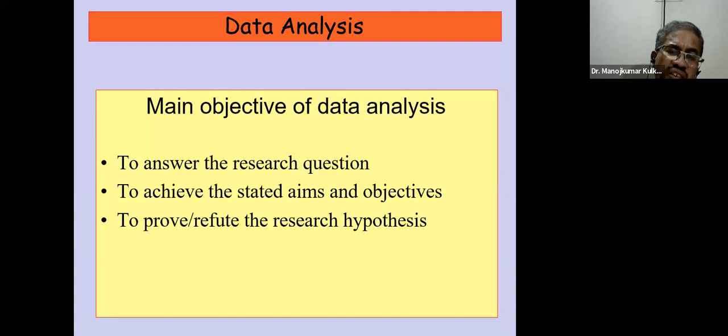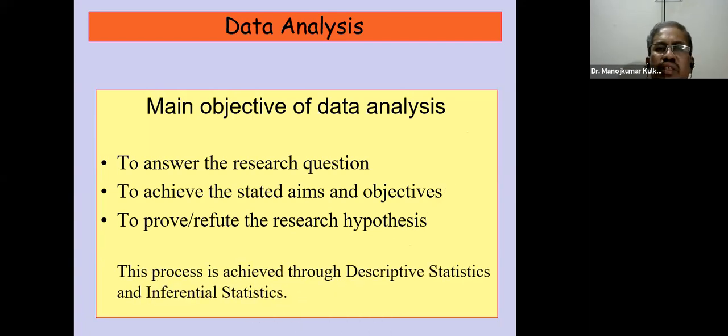So in this process, after obtaining the data, whatever your research design is and whatever your data collection method is, you have to enter it into the master sheet or software and then analyze. Statistically, there are two approaches available, descriptive statistics and inferential statistics. Under these two tools, we will get all the methods of data analysis. Let us see now what exactly is meant by descriptive statistics and inferential statistics.